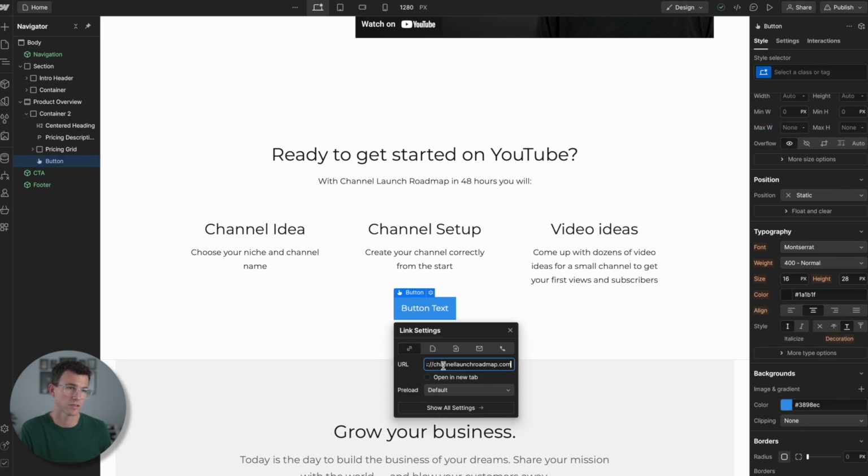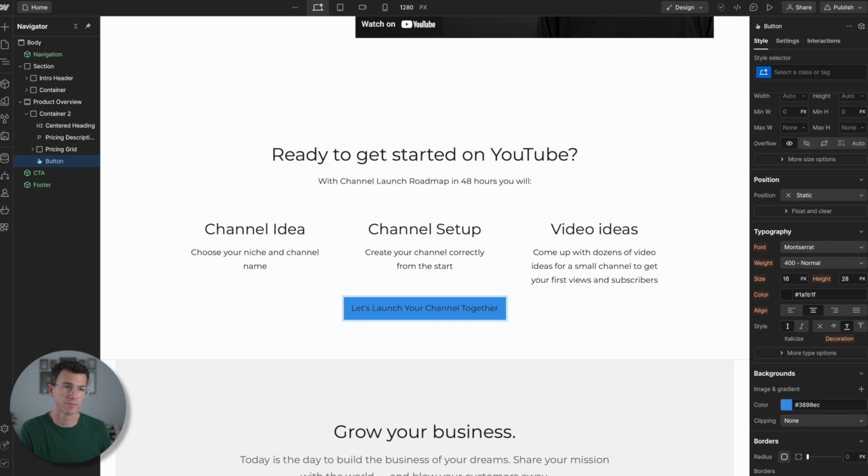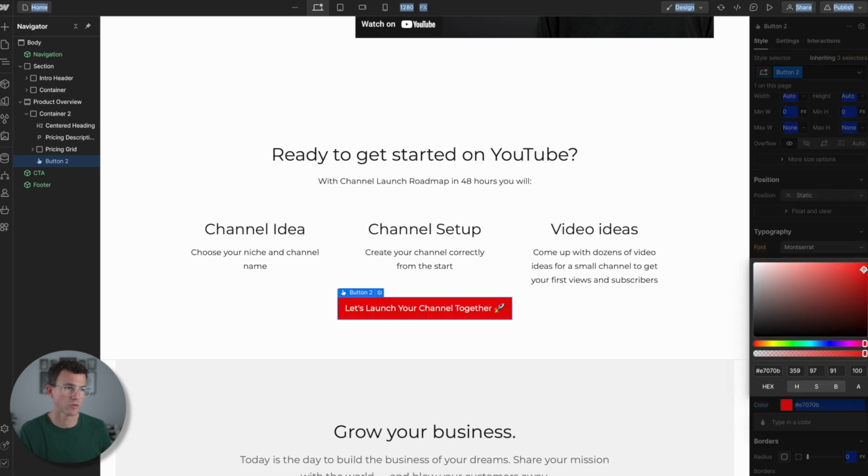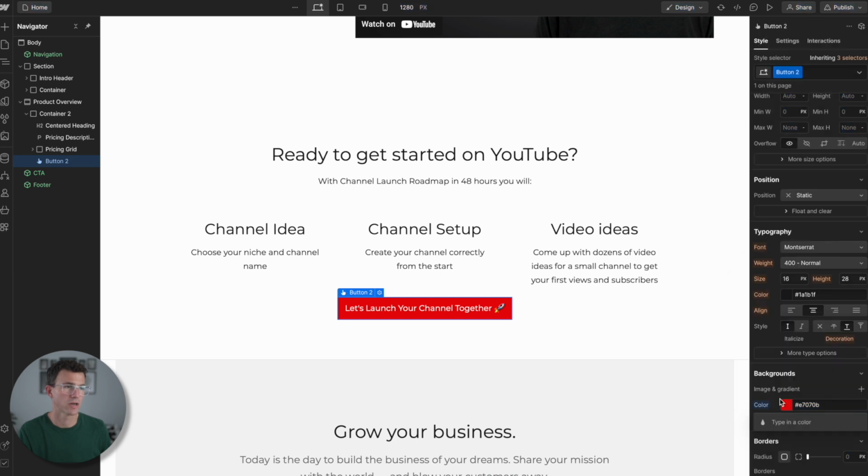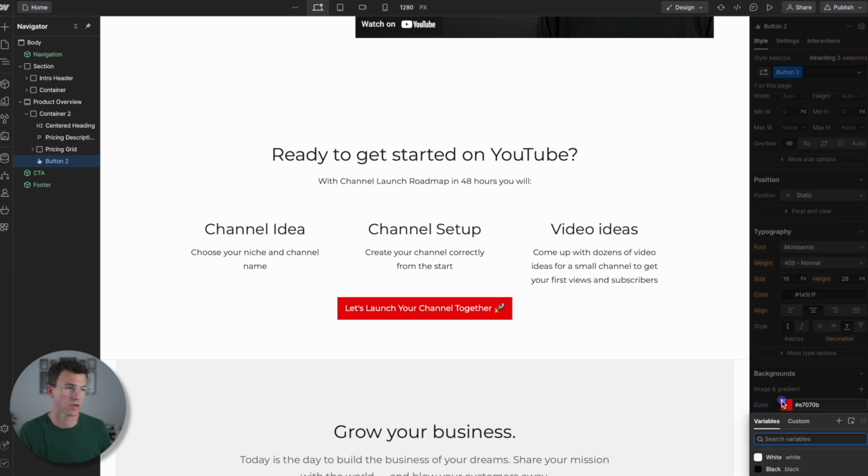Let's add a link to the sales page, update the text of the button, add the rocket emoji. Then instead of the blue, why don't we update that to red? Something like that. Or even better, if you click on the little icon in the corner of the color and then plus, you can create a new variable. And so the value of the variable you see down below, and let's just call it YouTube for YouTube Red